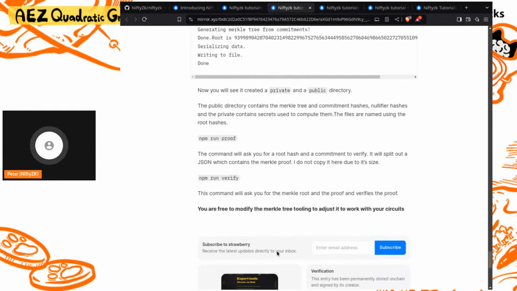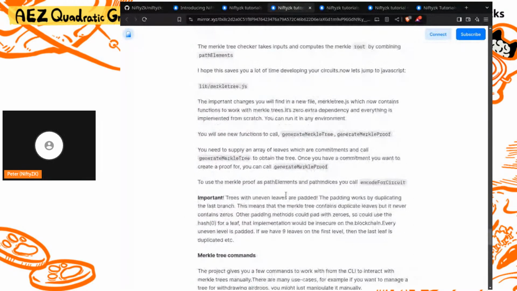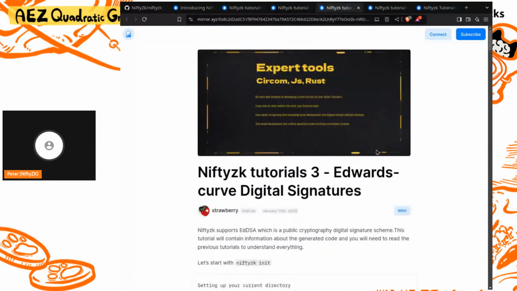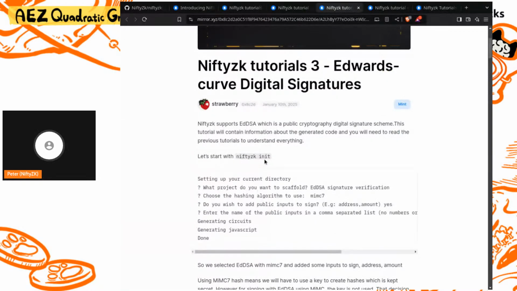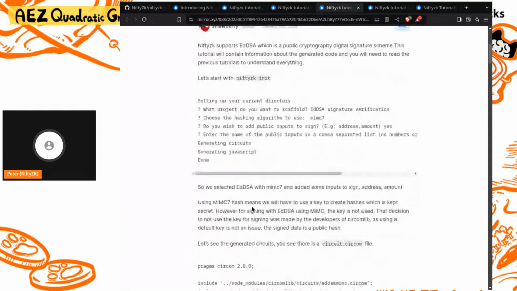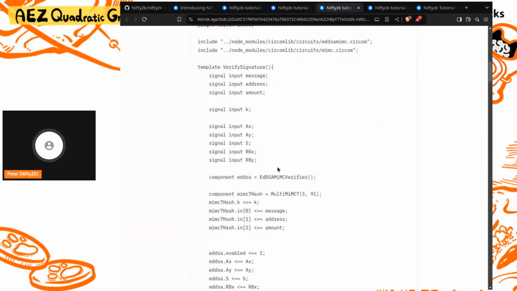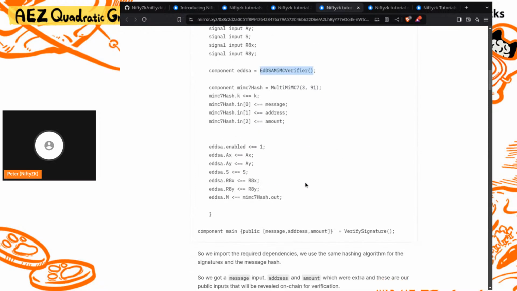And we have some examples here that can use this verification scheme. And the next one is the Edwards digital signatures. You can select the signatures. You can select if you want to use the scheme when you initialize the circuit, and it will create a circom template with the verifier that you have selected, and